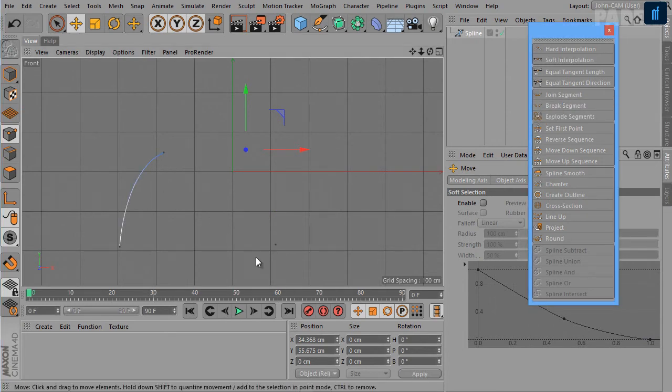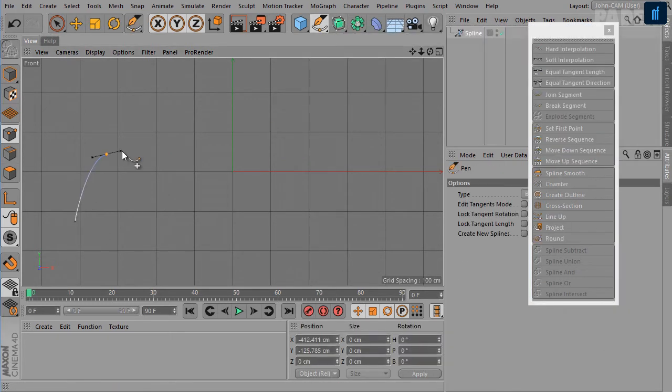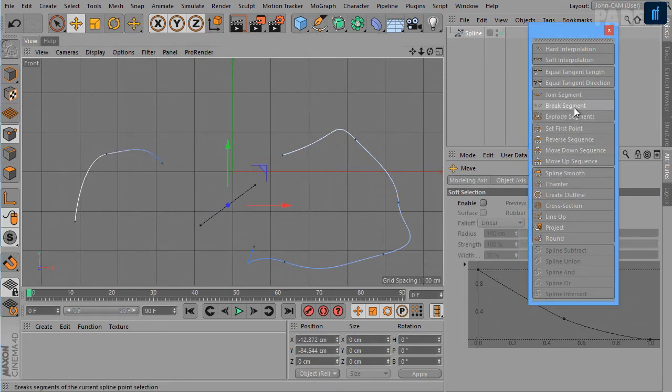Okay, we had fewer segments here, so let me go ahead and create a fresh spline with more segments. Now select this point here and choose break segment. So we have now broken the segments here. Okay, this is how the break segments command is used.